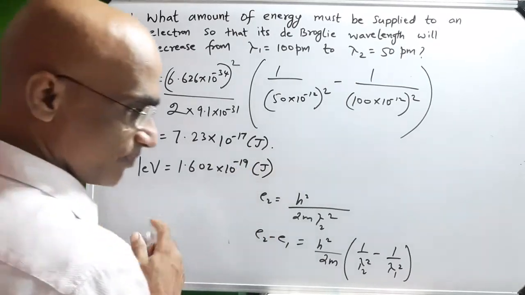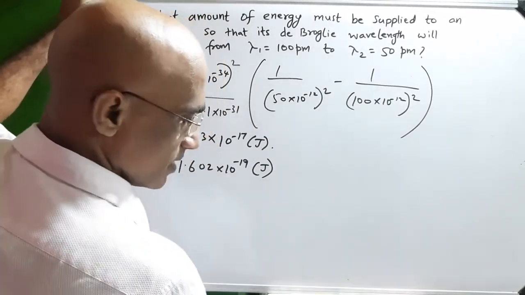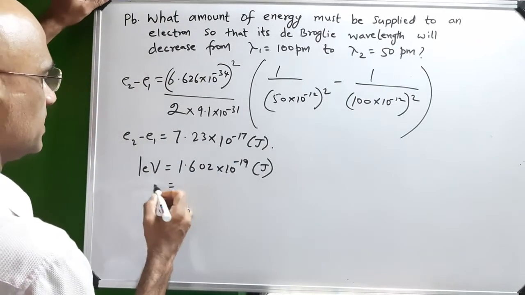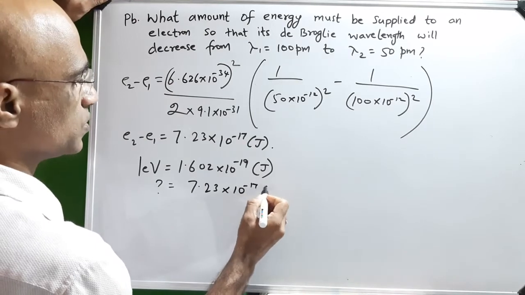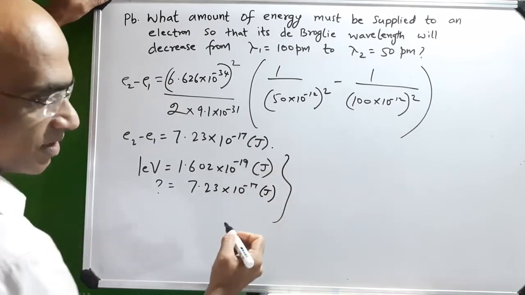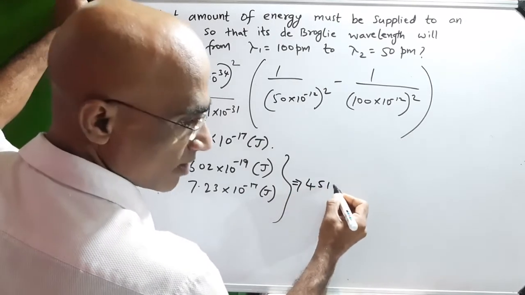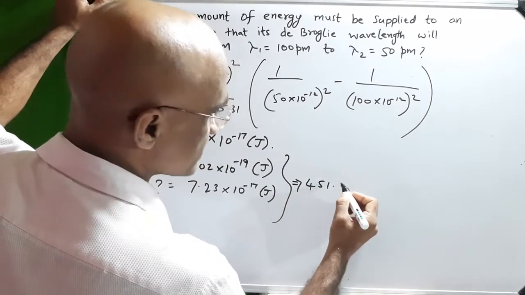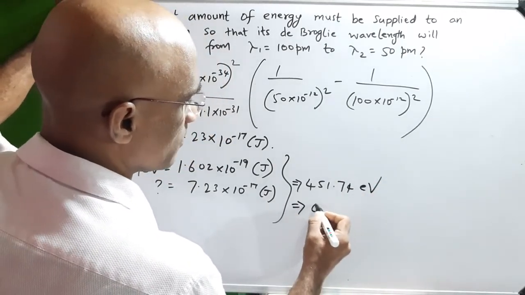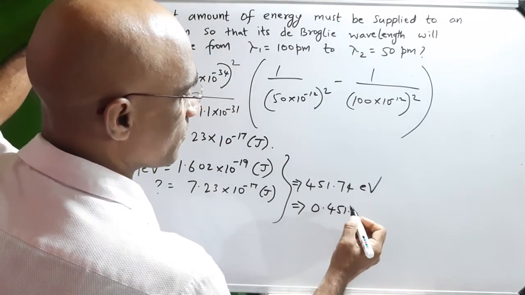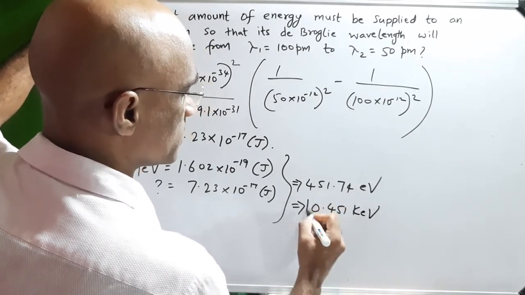Okay, now proportionally simplifying, what will be the equivalent for 7.23 into 10 power minus 17 joules? To find out, it is equal to 451.74 electron volts, or I can write it as 0.451 kilo electron volts, and thereby